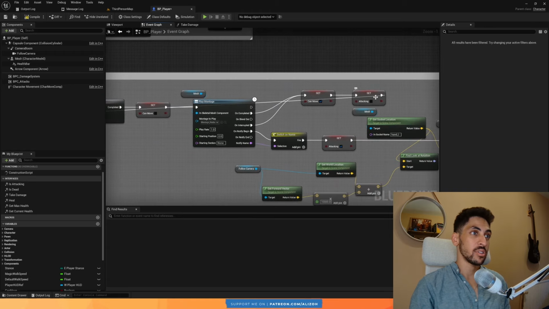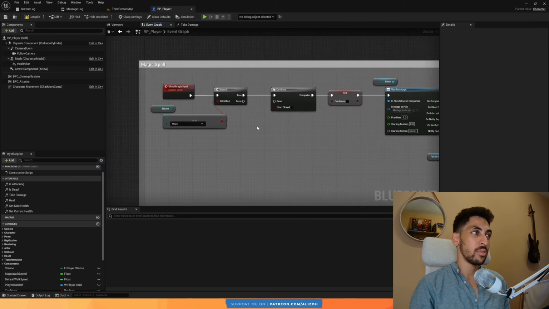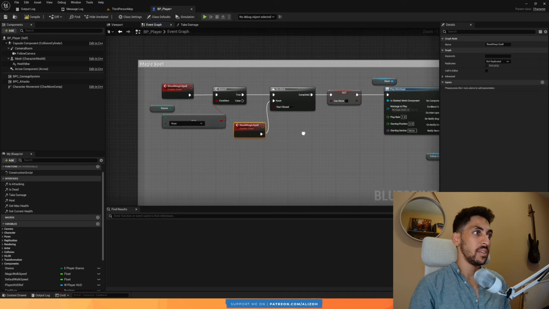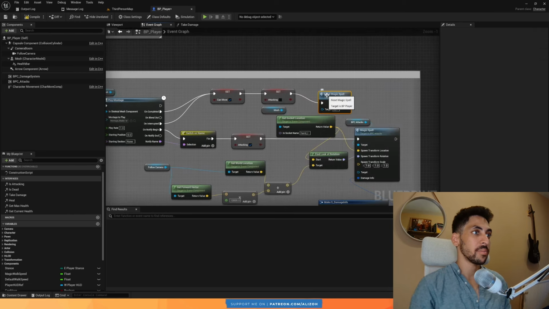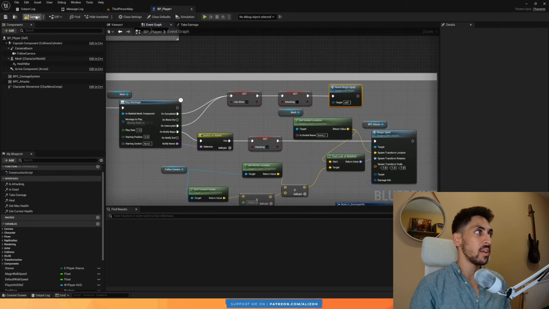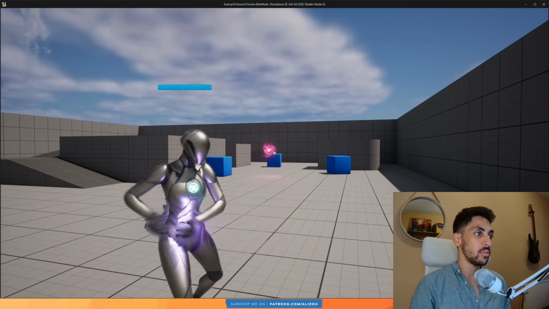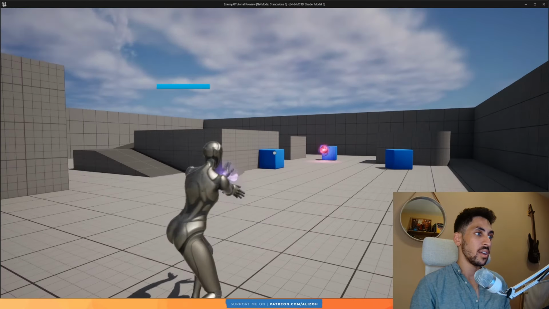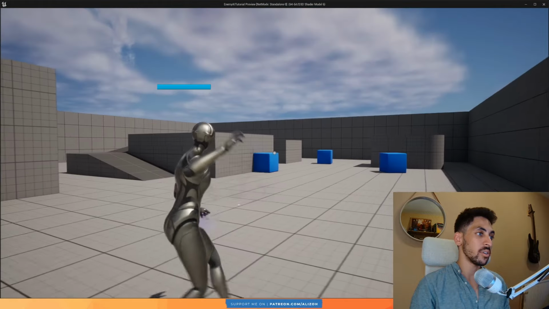Now you can simply, of course, plug in On Completed and On Interrupted here, but I'd rather do it a bit more cleanly and have a new custom event called Reset Magic Spell. Plug it in here and then just call Reset Magic Spell here. That's a bit cleaner. All right, let's test this out. Now I can only shoot once. I'm spamming the click button and I can only shoot once it finishes,